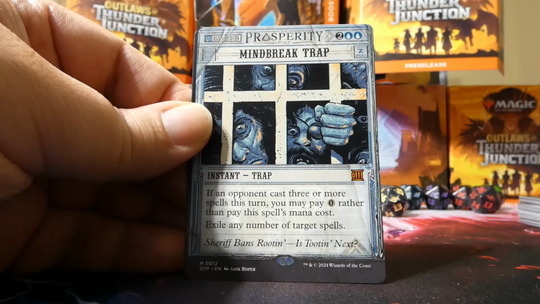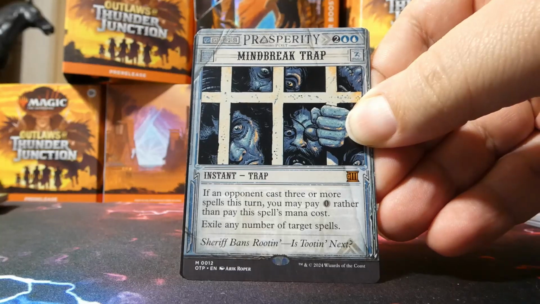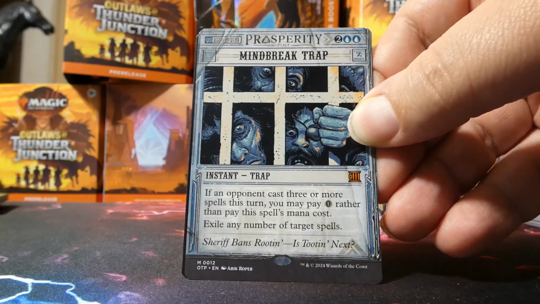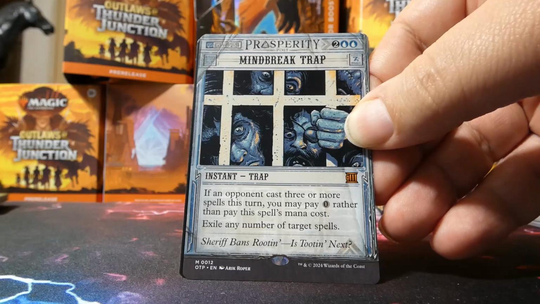I said mythics were good. The more mythics, the better. Here is Mindbreak Trap. Very nice. Okay. I mean, 4 mana, it can cost 0 if they've cast 3 or more spells this turn, which is actually...